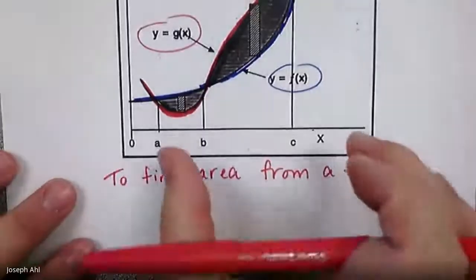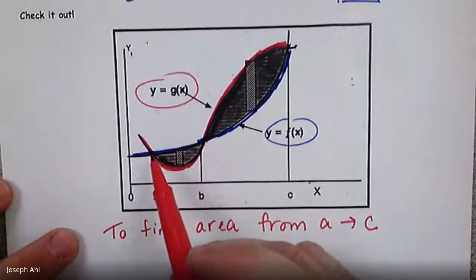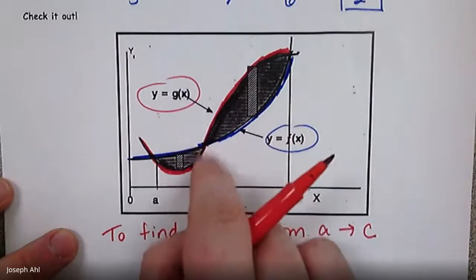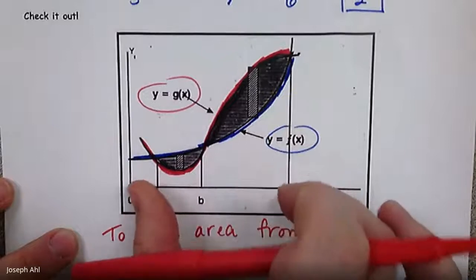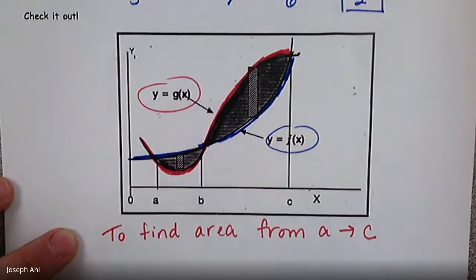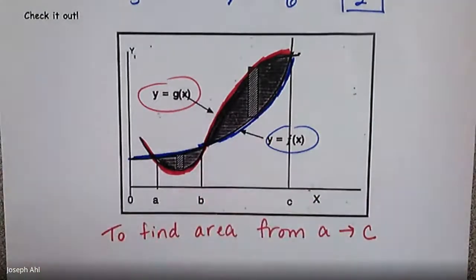well, the problem with just integrating straight up from A to C is that the function that's the top function changes at some point on the interval. It changes at x equals b. So I can't say for the entire interval from A to C that one function is above the other. So you would have to separate this into two different integrals. From A to B, you can see that the blue function f of x is higher than the red function